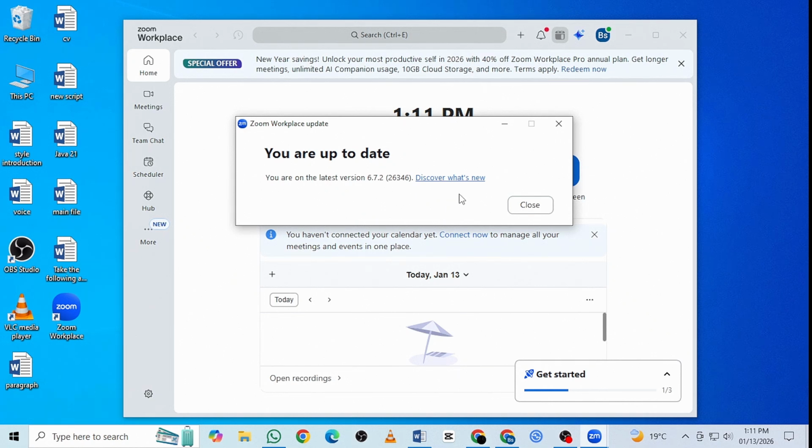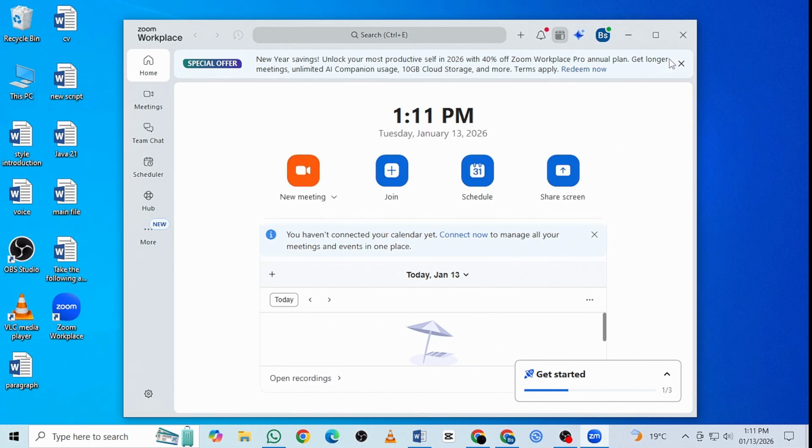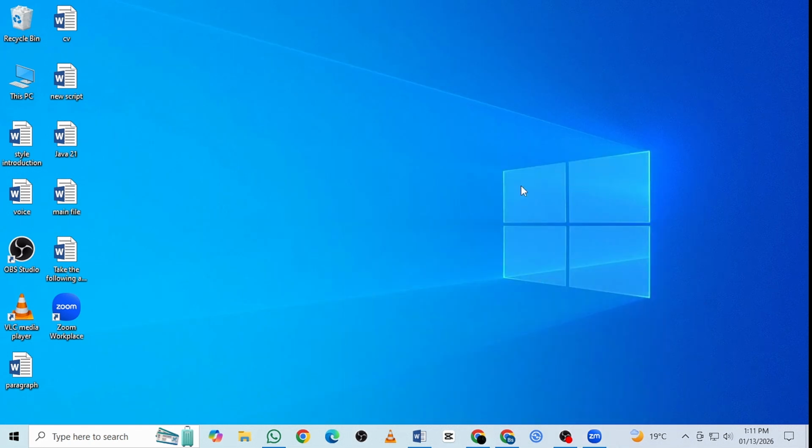It's a good habit to check for updates regularly, especially if you use Zoom for work, school, or meetings with family and friends. Staying updated helps everything run smoothly and safely. And that's how you update